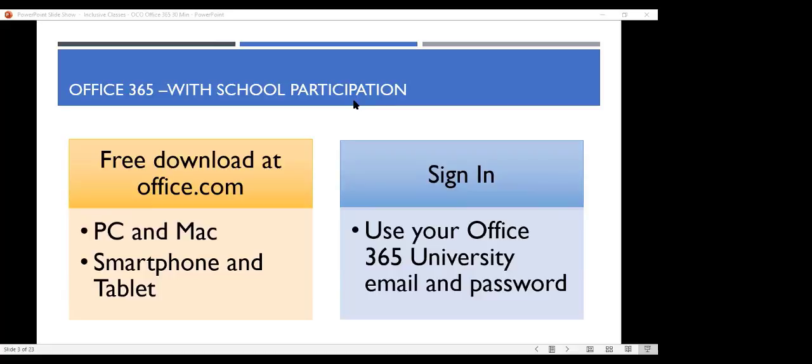And as the parent of a university student at OU, it is very nice to have something that doesn't have to be paid for. To sign in, you use your Office 365 university email and password. This is one thing where things get a little confusing, because if you have a Windows PC, you had to set up an Office account to use that. It's usually not the same, so people usually have to sign out of one thing and sign in. If you're like, I don't see any of these tools on my computer, it's because you need to sign in with your school email and password, assuming that they have it.